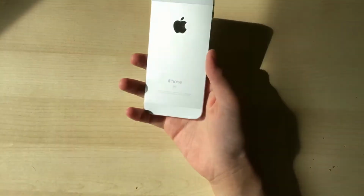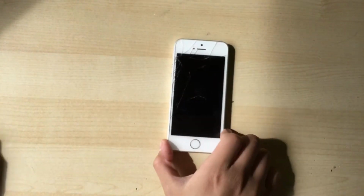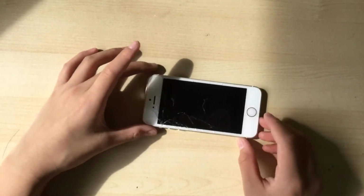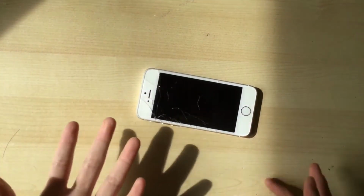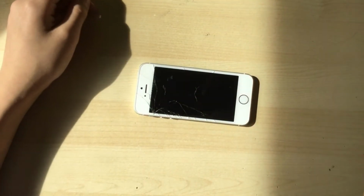It's the first generation. I found this at the dumpster, and I'm going to be demonstrating to you guys how to replace the display on one of these. And I think it works if you have a 5S as well, but it's an SE, so let's just get